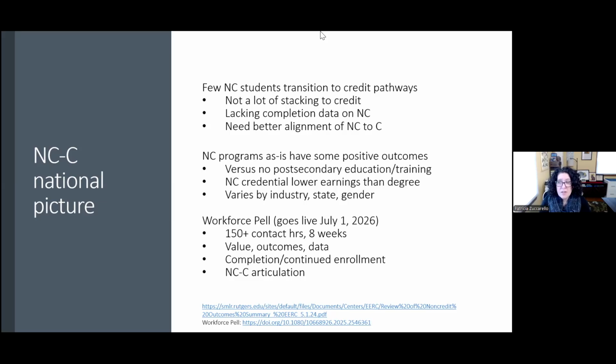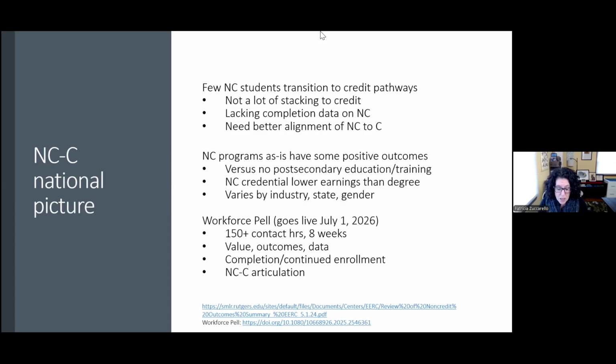So finding those pieces of data, like what are students who graduate from those programs earning as entry wages in those pathways, that's going to be something that we'll want to look at. There's definitely going to be more of an emphasis on completing various credentials, and then also looking at how those credentials allow students to continue on in their education, probably on the credit side. So this idea of non-credit to credit articulation then becomes kind of a centerpiece of what we look at for